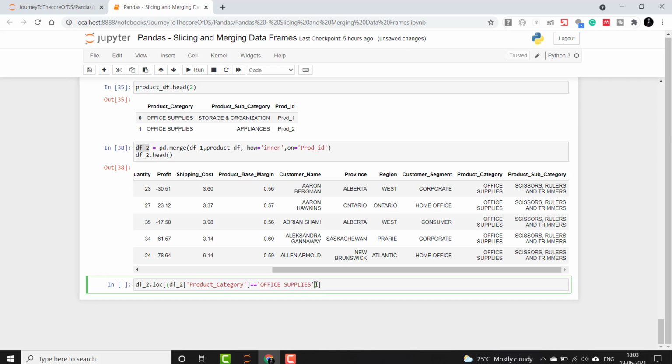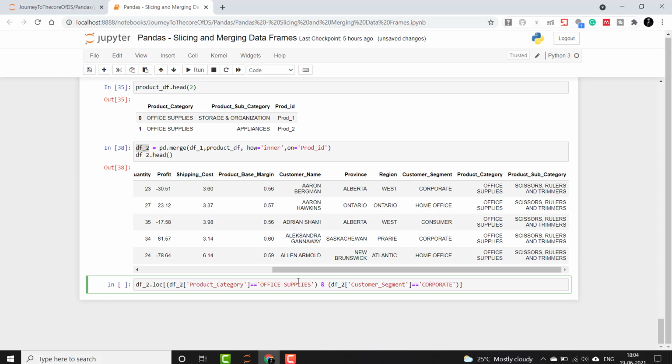And then I will put an ampersand, and then df_2 customer segment equals to corporate.